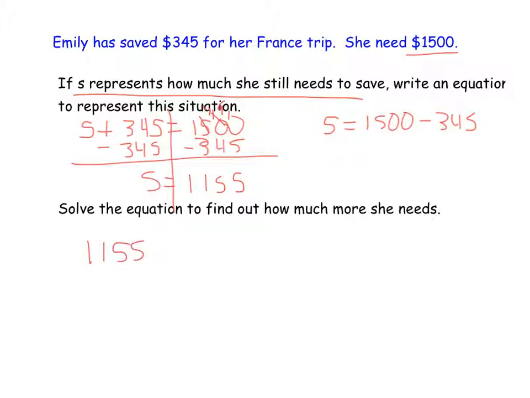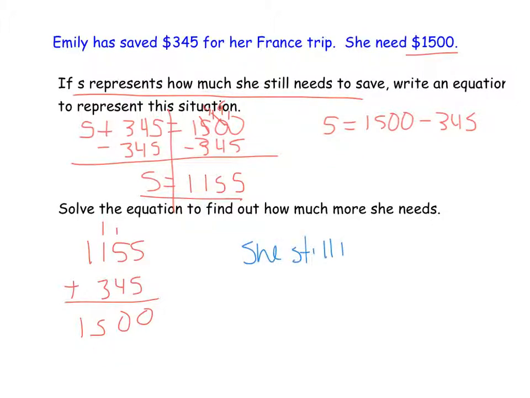I'm going to take what I think she still needs to save, plus what she's already saved, and double check that I did the arithmetic correctly. And it looks like I did, so now I'm going to say she still needs to save